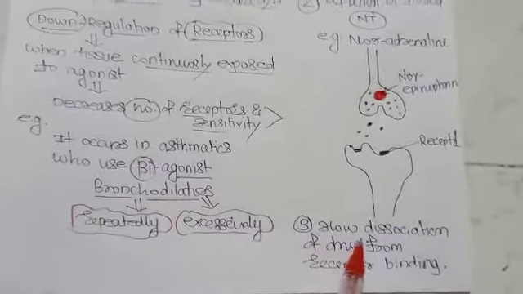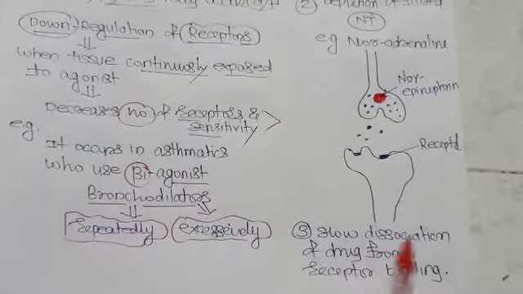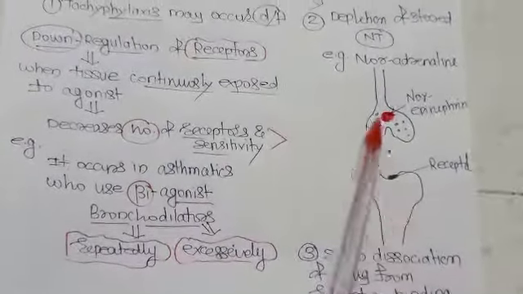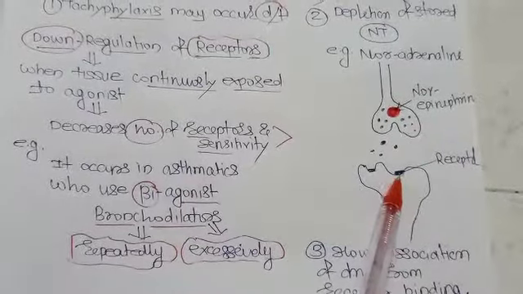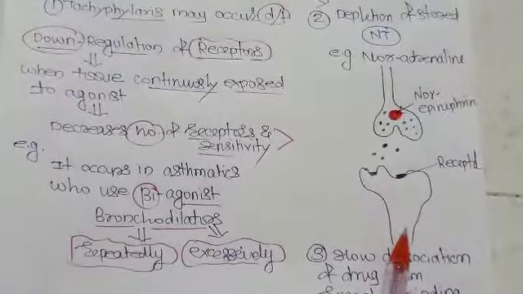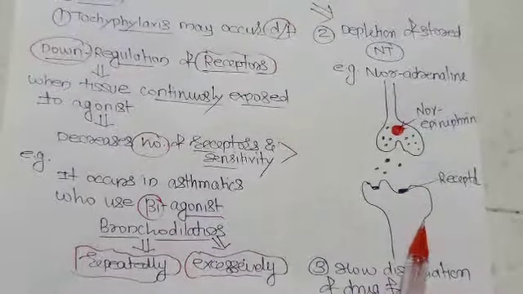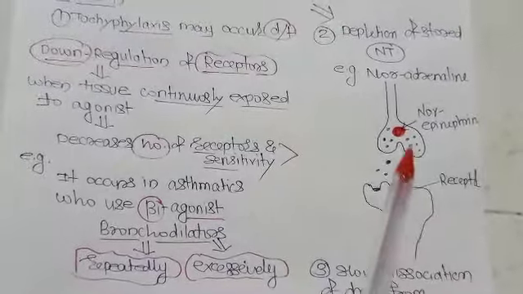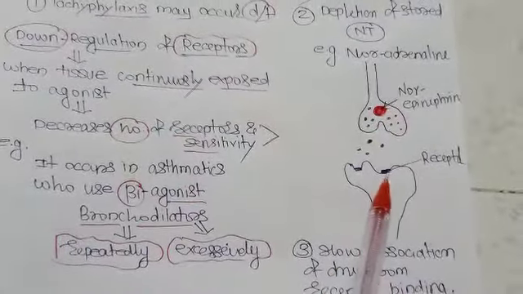The third mechanism is slow dissociation of the drug from the receptor binding. When noradrenaline acts on the receptor, a pharmacological response is seen, like bronchodilation, hypertension, or something like that. But when that drug slowly dissociates from the receptor,